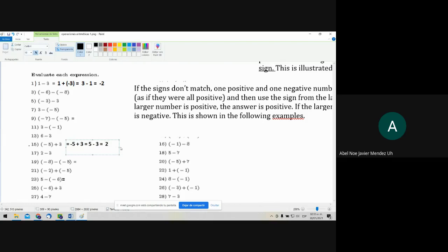and keep the sign of the bigger number. The bigger number in our addition is negative. Okay, negative. I put it in green color. Okay,